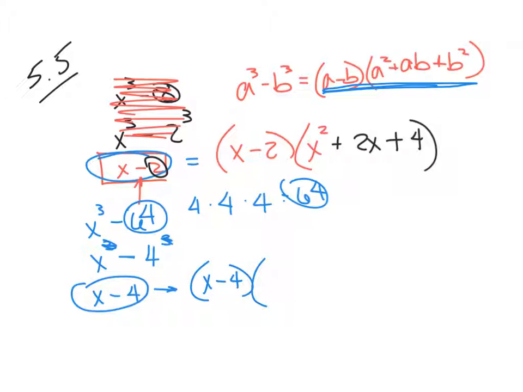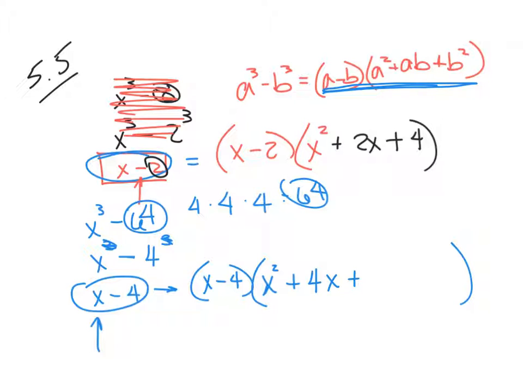Then I'm going to make a parenthesis, and I'm going to do the first part. First part says I'm going to take the first number or letter and square it. So I'm going to take the x and square it. Then I'm going to put a plus sign. Then it says take the first times the second. So first times the second, which is 4x,